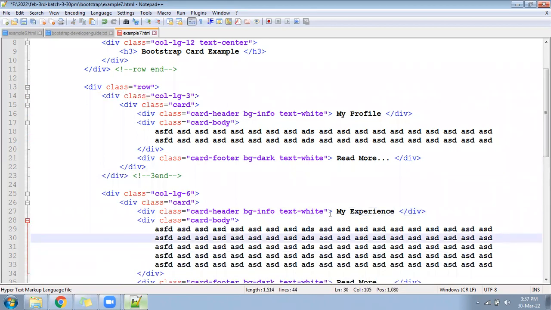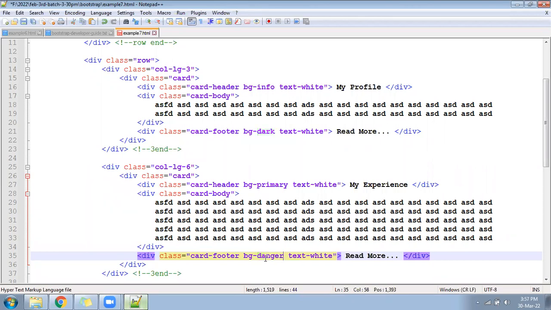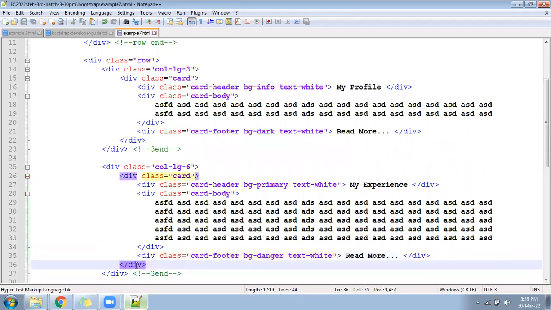We have made a 3-6-3 combination. So the first is 3, the second is 6, and it should be bg-primary, text-white. The bottom should be bg-success or bg-danger maybe. Try once and see how it looks.